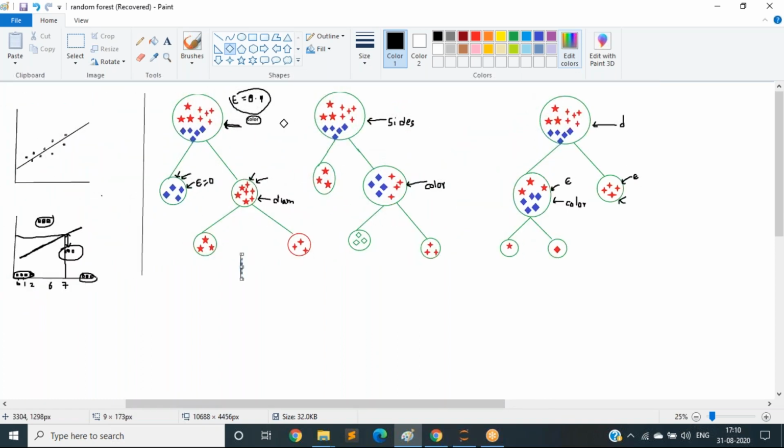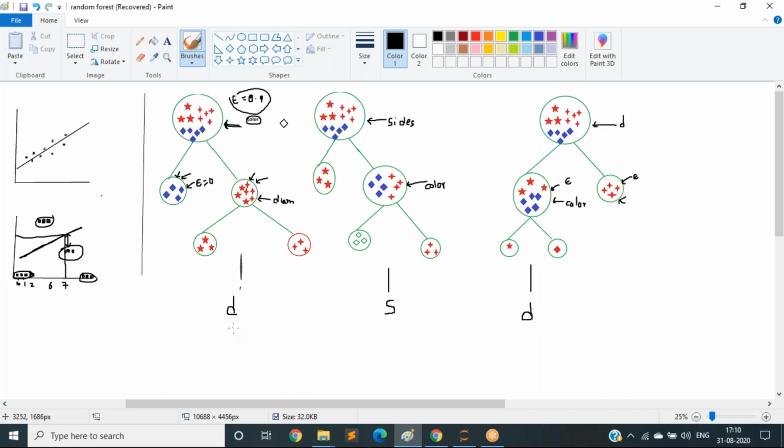See, if it returns that the given data is diamond group, but this other tree is returning that the new data belongs to star. This tree is predicting that the given data is diamond.